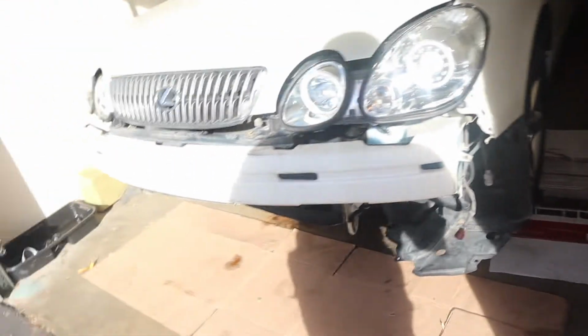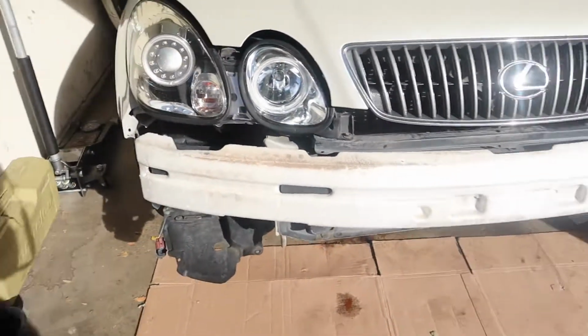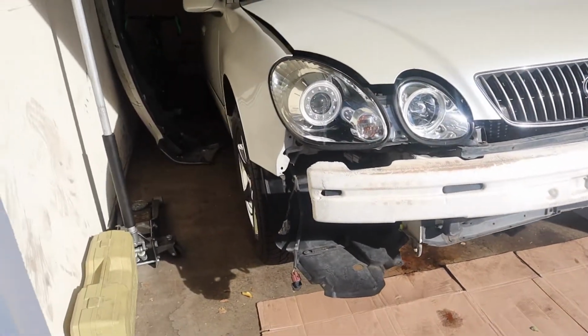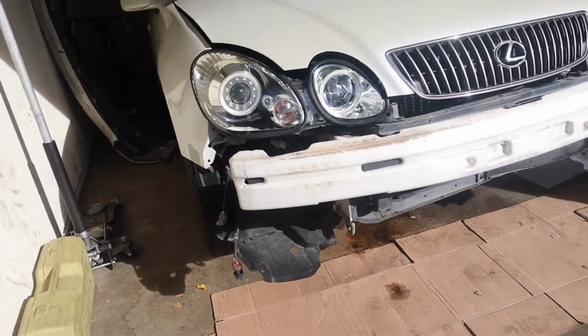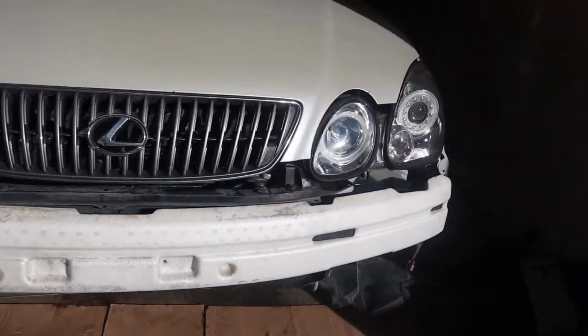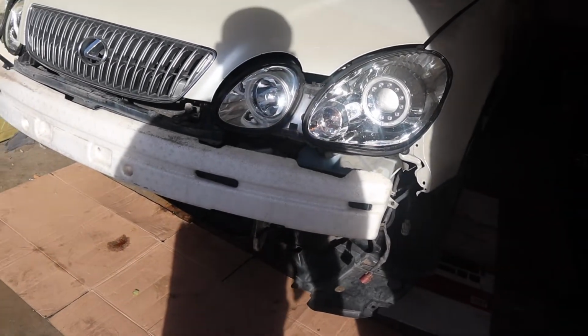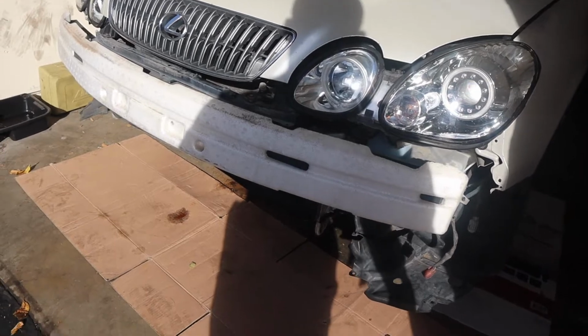Today we out here in the garage. I gotta get this car at least back driving. Even if I don't do the booster yet, I gotta get it back on the road, man. I just miss it, for one, and two, I mean, do we really need a reason more than that? But two being, I want to make sure everything else is good before I go straight into throwing the turbo on. So